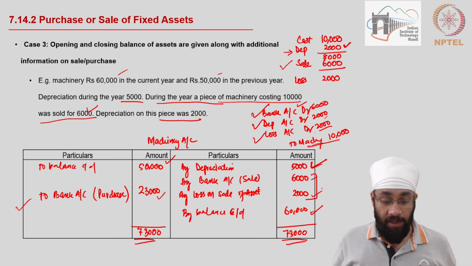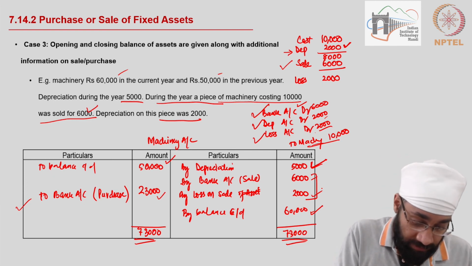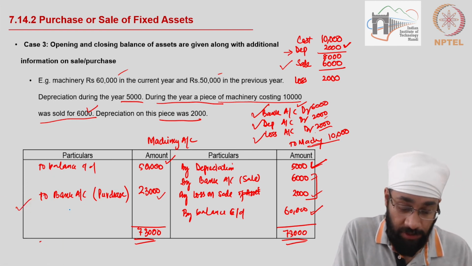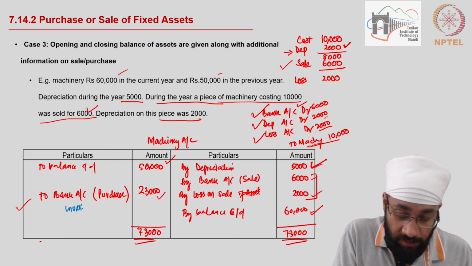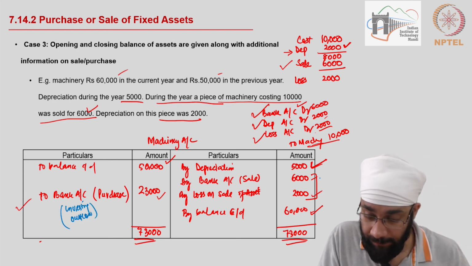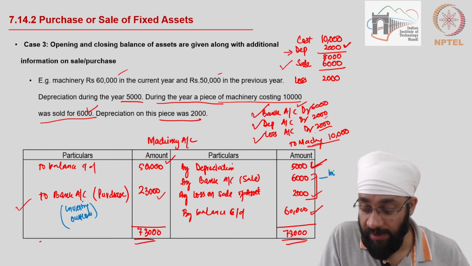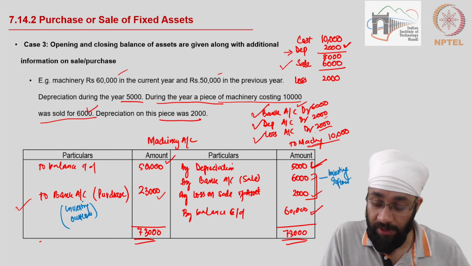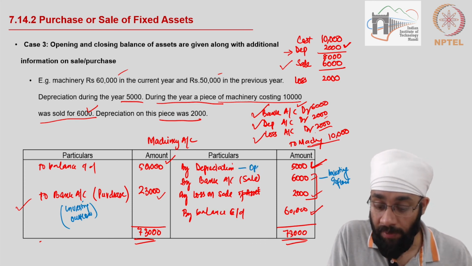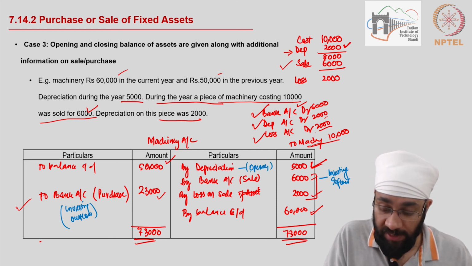Done. Now you can take these details to their respective places in the cash flow statement. This goes to investing cash flow, and this is an outflow. This amount here is an investing inflow because you're selling the asset and money is coming in. The depreciation is added back in the operating section. It goes to the first section.